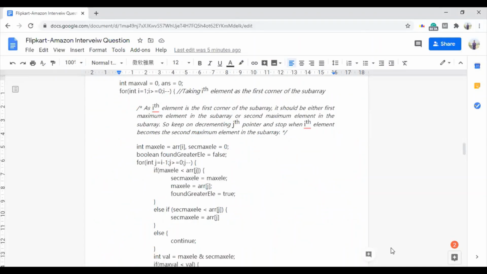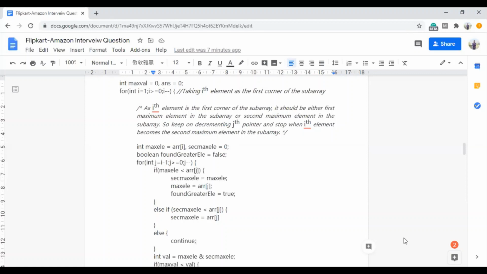So now we are going to improve our brute force solution. As we did in our brute force solution, we are going to make subarrays, and for that we need two loops. So basically we need a nested loop in which the outer loop, which contains the ith pointer, points to an element, and the element which the ith pointer is pointing to is the right end of the subarray. Now, as we discussed above, the ith element is the first corner of the subarray. So the ith element is one of the endpoints of the subarray.